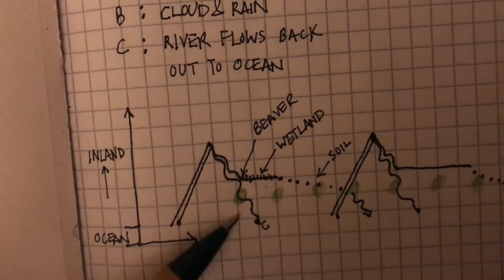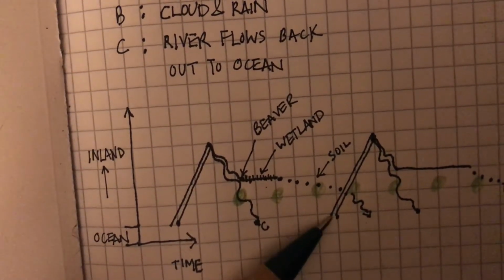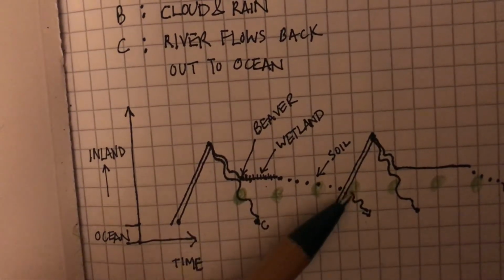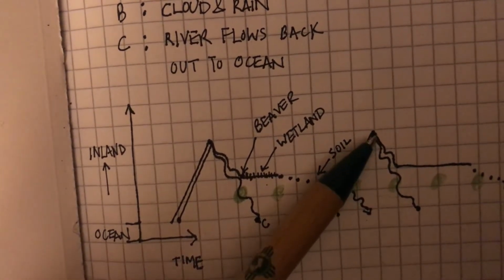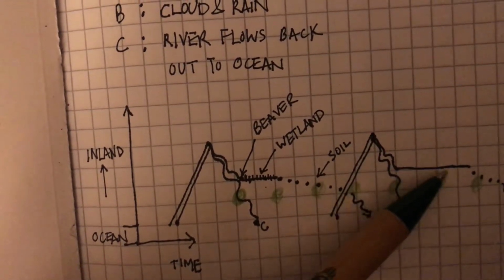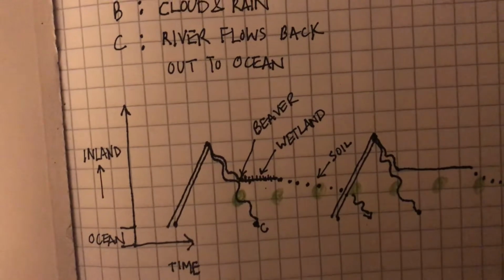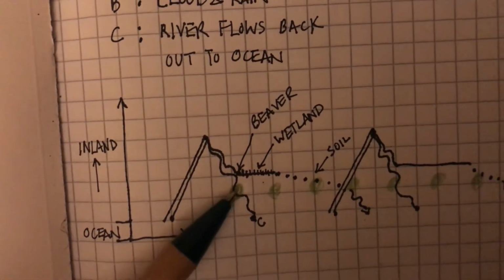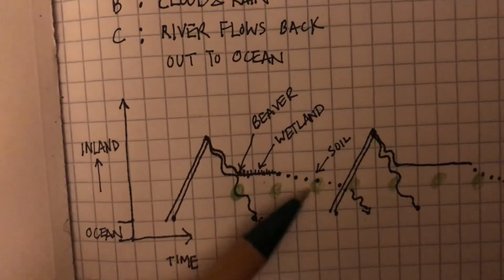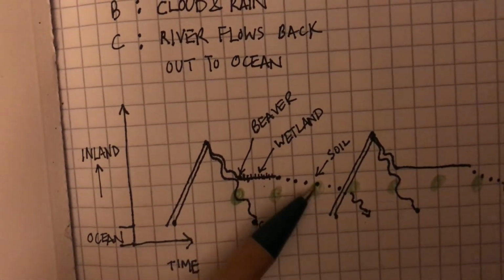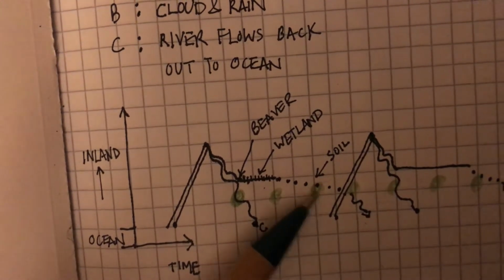So this is happening all through the dry season. And then at the next wet season, the water comes in and it forms a river, and the river splits into the wetlands and the river. But now let's look at the vegetation. So there's vegetation here, there's water, and it can survive 4 steps. And here you can actually see there's water coming down from the soil, so it actually hits the vegetation again. So it can again survive